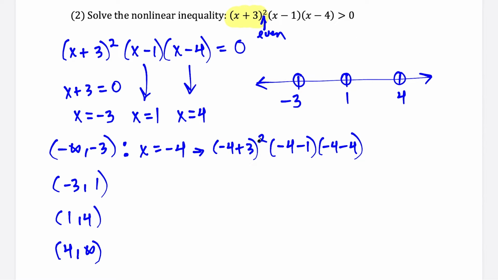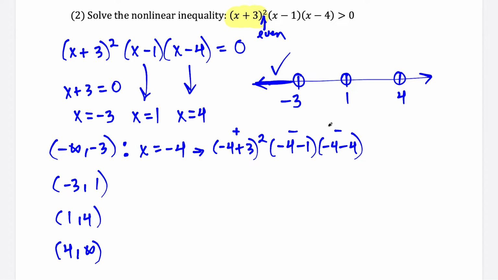Well, (-4 + 3)² is going to give us something positive. We're going to have (-1)², which is equal to +1. This works out to something negative, and this one works out to something negative. So right away, I could see we have a positive times a negative, which is positive. So the first interval is looking good. This one is going to work out to something true, so we could say this whole interval is part of